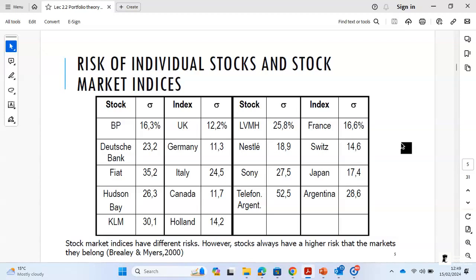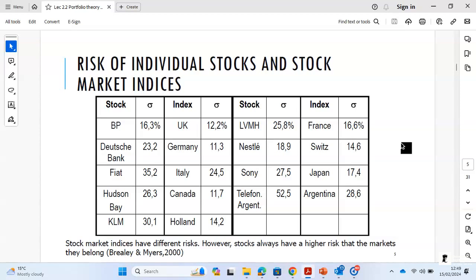Okay, so there are other stocks and other market indices as well. But if you go through the list quickly, you'll see the risk of the individual stock will always be greater than that of a portfolio, portfolio being represented by the index. So you can see diversification works. Diversification helps to manage and reduce risk. Okay? So that's why we should diversify so that we can reduce our investment risk.